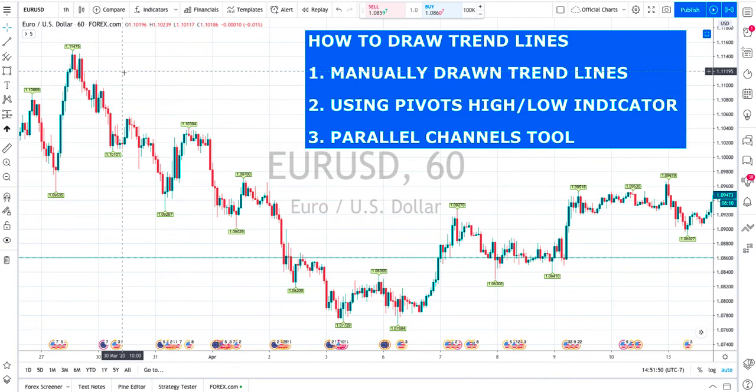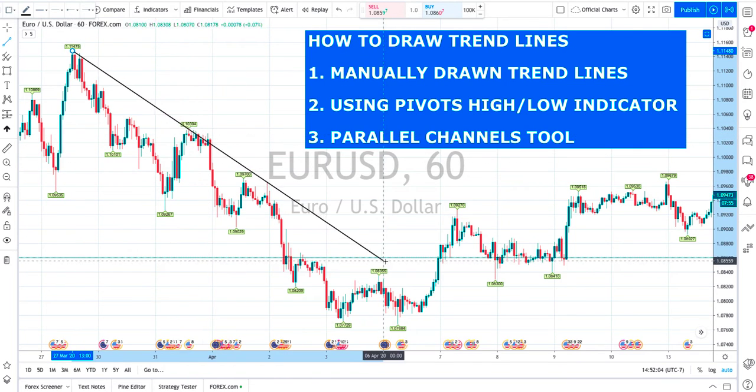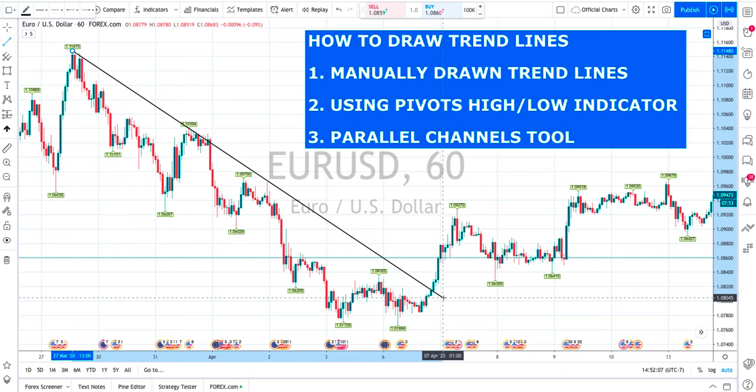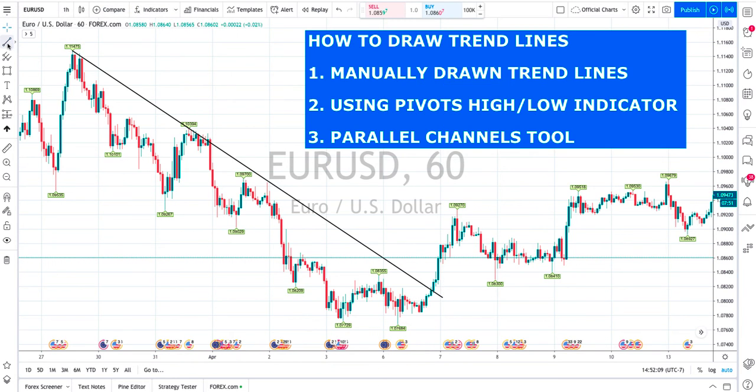So right here, this indicator has plotted the high-lows on the chart for you. So this way, you can see where the actual highs are, and you're not just eyeballing it. So if you go ahead and pull up the trend tool, you can go from this high to this high right here, and then it's exactly how we lined it up earlier. Again, for right here, you could align this up to this one,